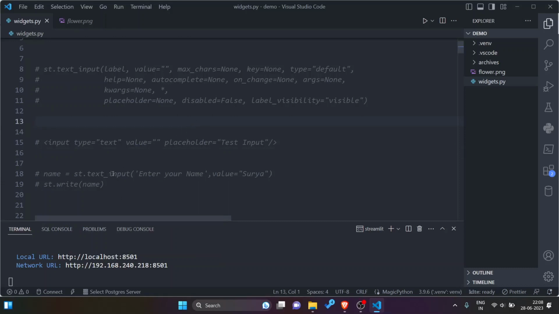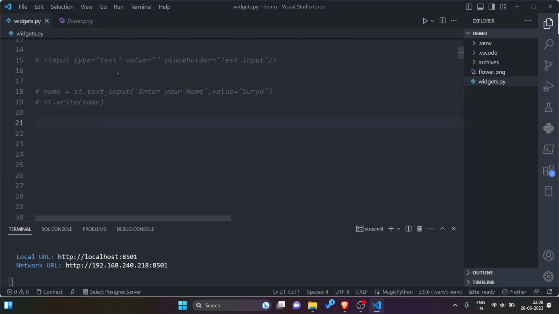So the next widget is st.text_input. Text input is nothing but the equivalent of the HTML element input, type is equal to text, value is equal to some value, placeholder is equal to placeholder. So let us see an example.